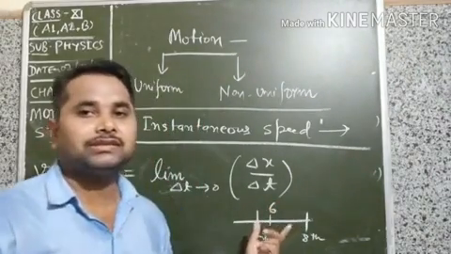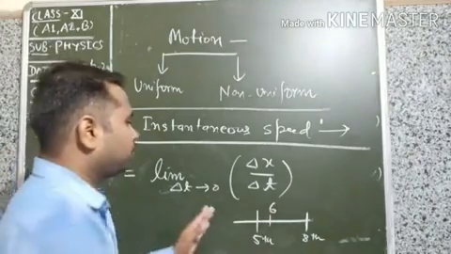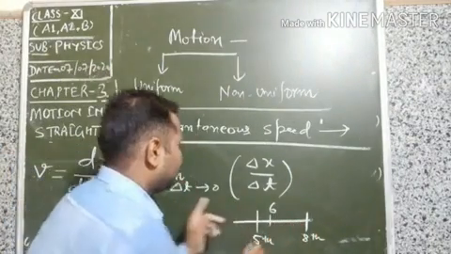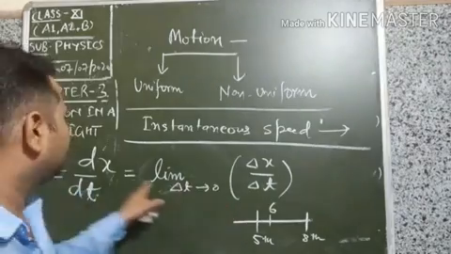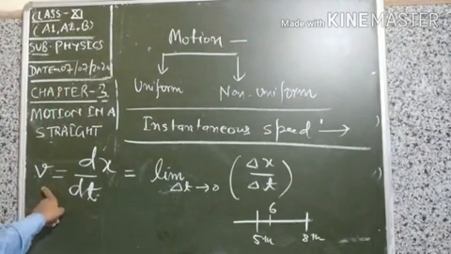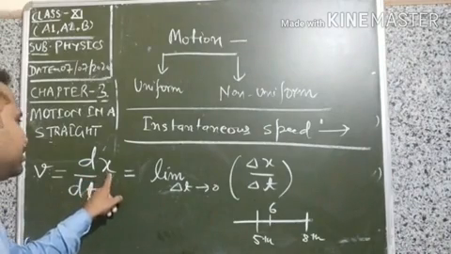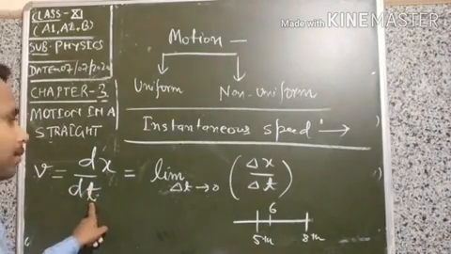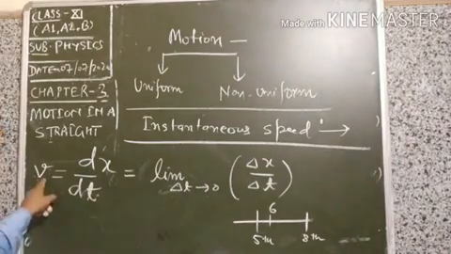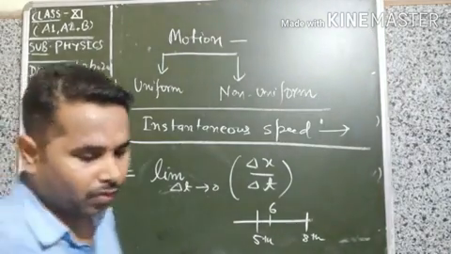We have to take such type of interval, and when we reduce this interval towards the 0, it will be equals to instantaneous speed denoted by differentiation of distance with respect to time. तो dx अपॉन dt को क्या कहेंगे आप लोग याद से? dx अपॉन dt इज इंस्टेंटेनियस स्पीड। ओके,